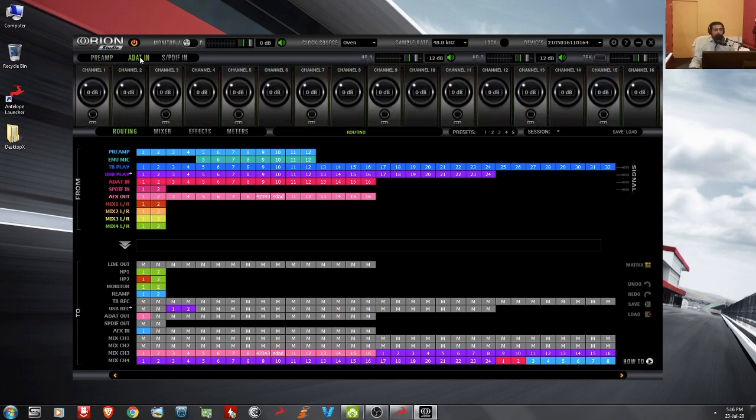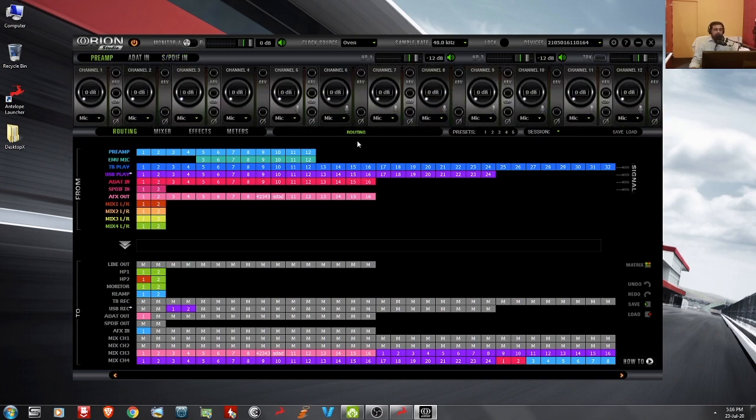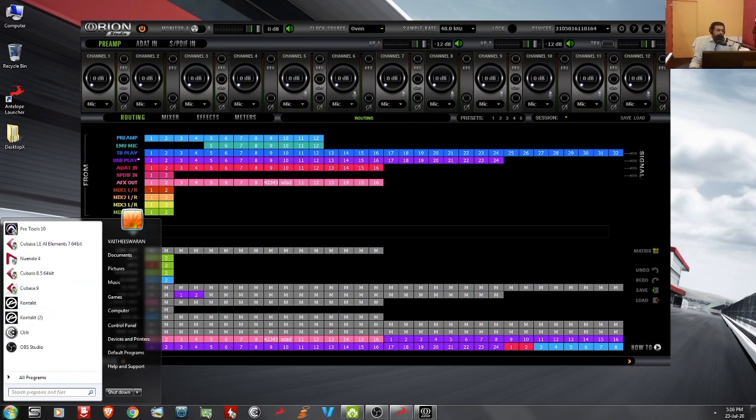Next we have an ADAT option here. So if some signals are coming into your ADAT ports, you can control the gain. You have negative gain also, you can reduce the gain, or if you want to increase the gain, you can do that. And the channel linking options are here. Next the SPDIF level control option here. So the SPDIF inputs can be controlled from here. Okay, you have negative gains here. Okay, that's a very good option. Next we have the main routing panel. Okay, now I am going to start the Cubase.